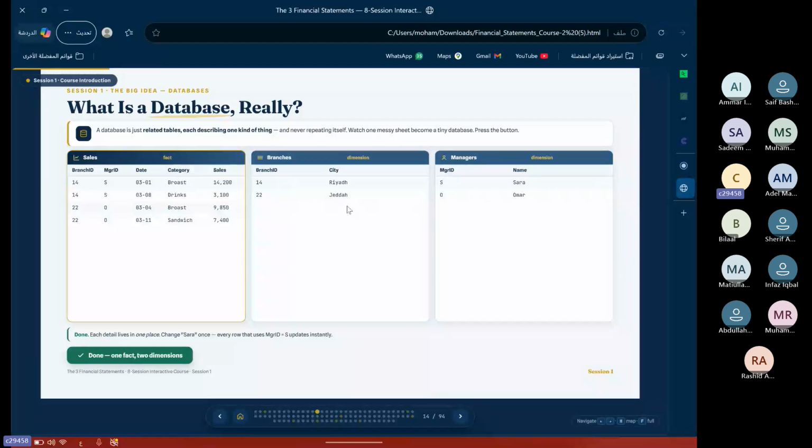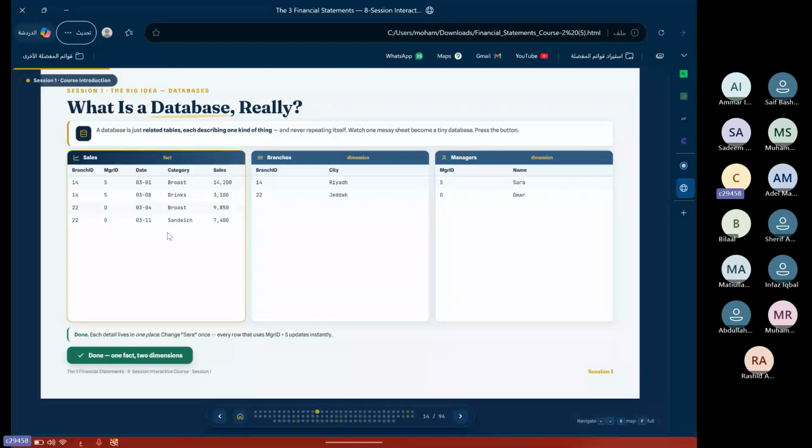And if this dimension table has 5 columns that we need to show, we will not add them here in the sales fact table. Because imagine this fact table: you have 10,000 rows of sales for each month. For 1 year, how many? It will be 120,000 lines. For 10 years, how many lines will it be? So if we repeated all of this data, Excel cannot handle this. So we need to have a database.